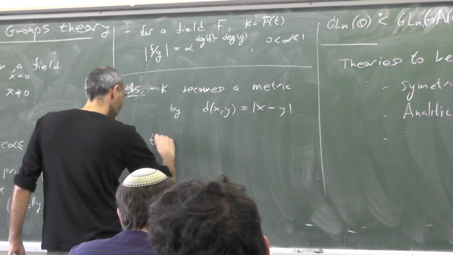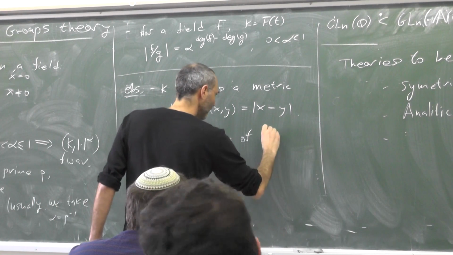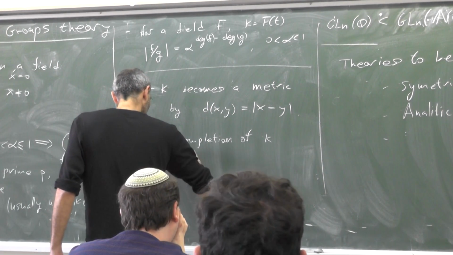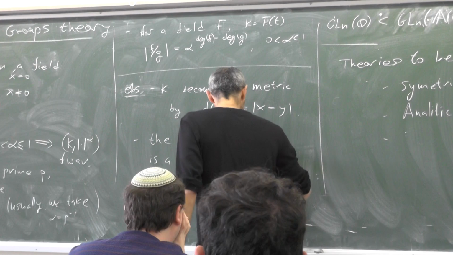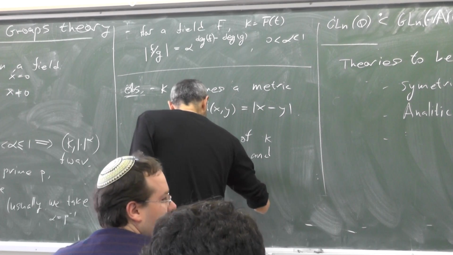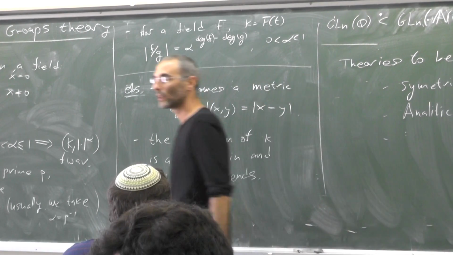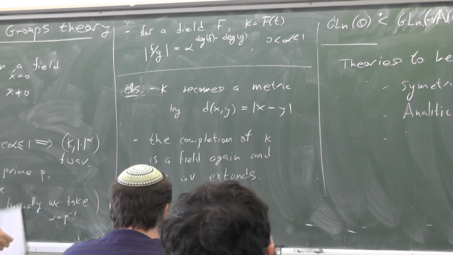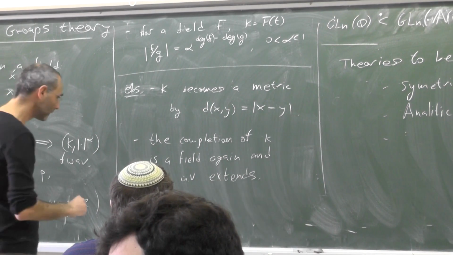Now, the metric completion of K with respect to that metric is a field again. And the absolute value naturally extends, as the metric usually extends to the completion of a metric space. Moreover,